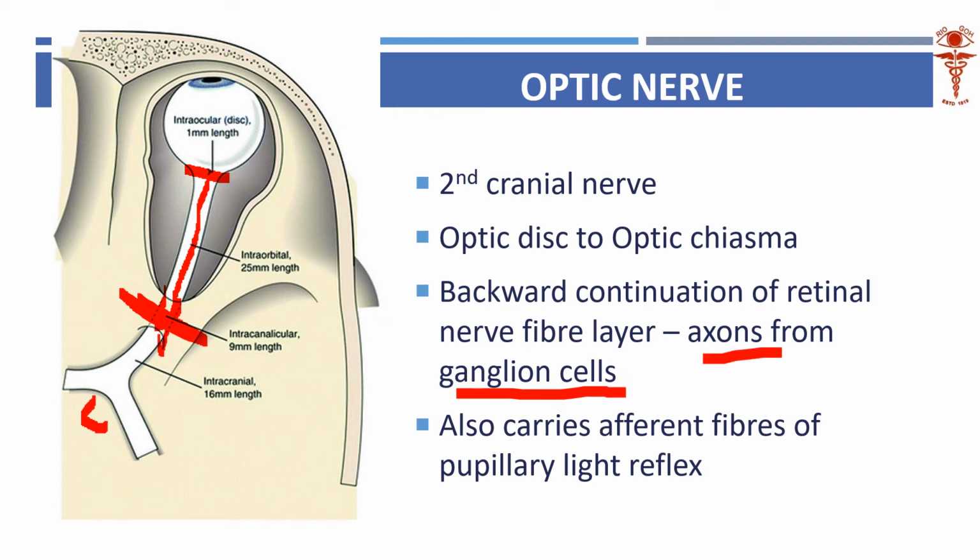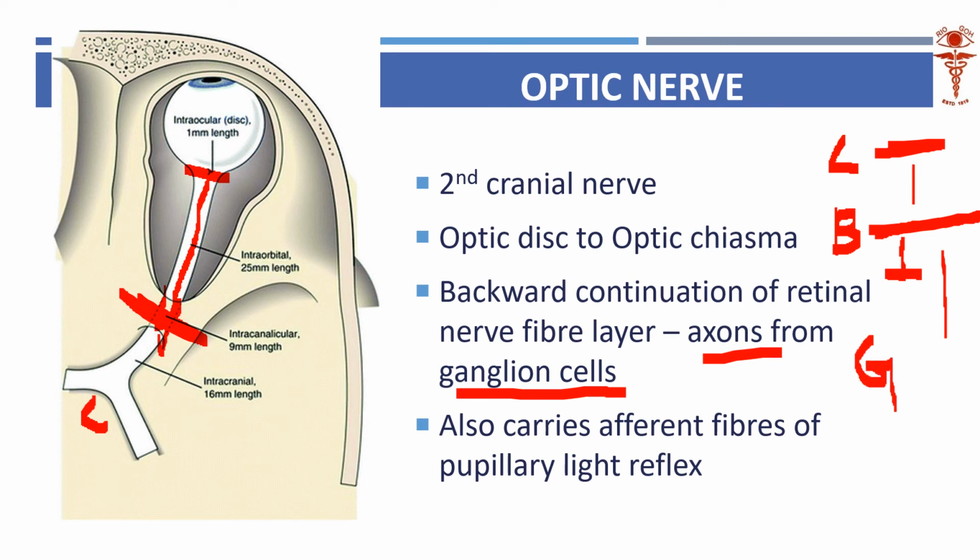This point I have to explain to you again. I told you there are 10 layers of the retina. One of the layers is the layer of rods and cones. The layer of rods and cones is the receptor. This synapses with the next layer, which is the bipolar cell. So my bipolar cell is my first order neuron. Then from the bipolar cell, I go to the ganglion cell layer. My ganglion cell layer is my second order neuron.